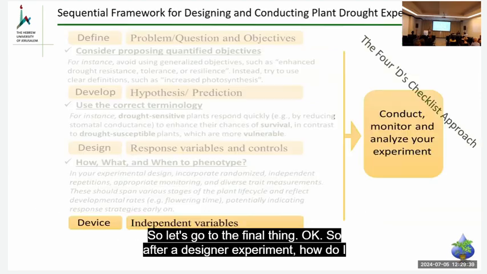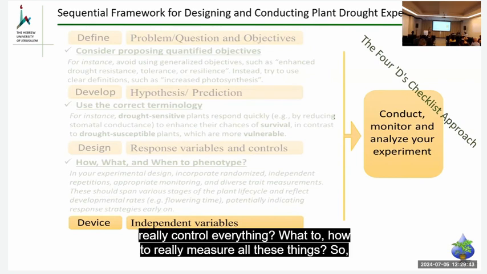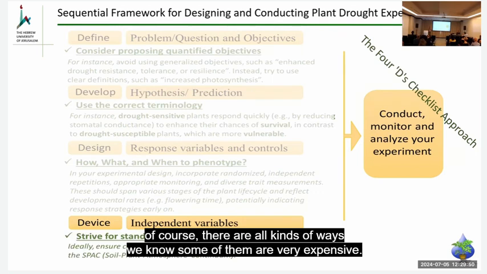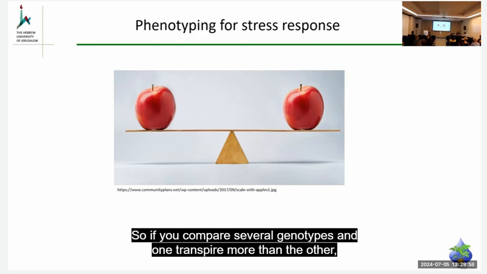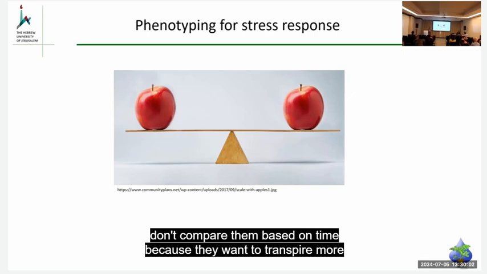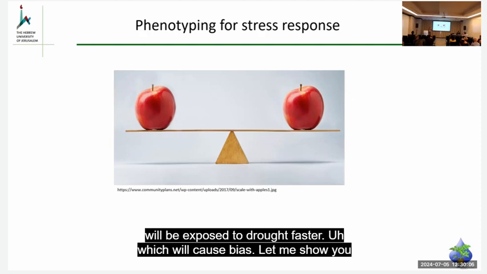So let's go to the final thing. Okay, so after I design an experiment, how do I really control everything? How to really measure all these things? Of course, there are all kinds of ways. We know some of them are very expensive, but the most important thing to remember is that you want to compare apples to apples. So if you compare several genotypes and one transpires more than the other, don't compare them based on time, because the one that transpires more will be exposed to drought faster,